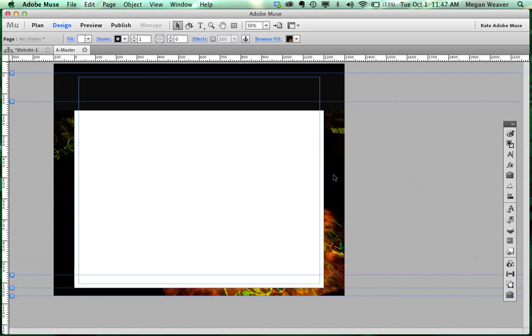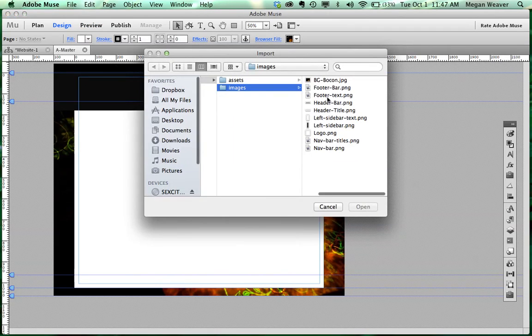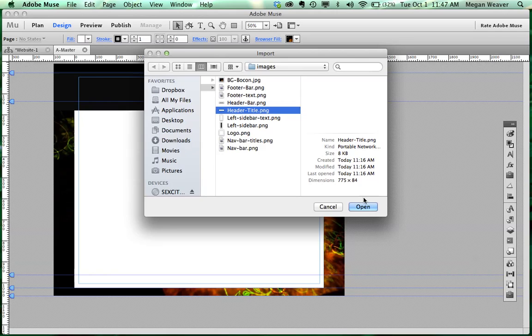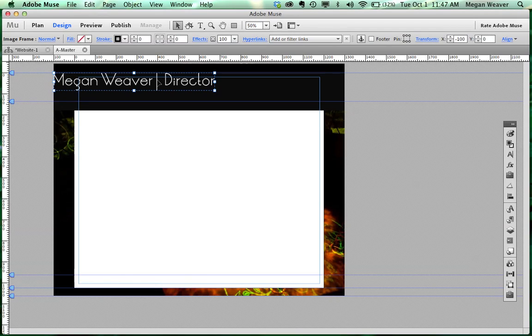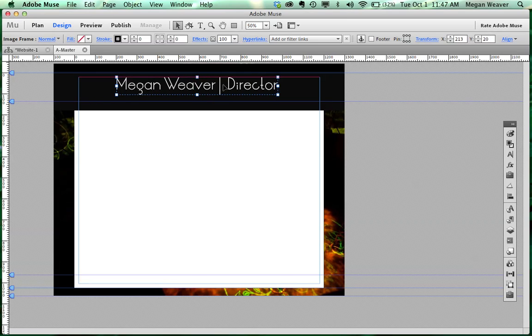And so now you can bring in and place all of your other objects. So place logo. And I want to place it up here. You can just kind of roughly lay out where you want it. So you're basically redoing what you did in Photoshop, but placing your objects here in Muse. And on Thursday, I'll show you how to